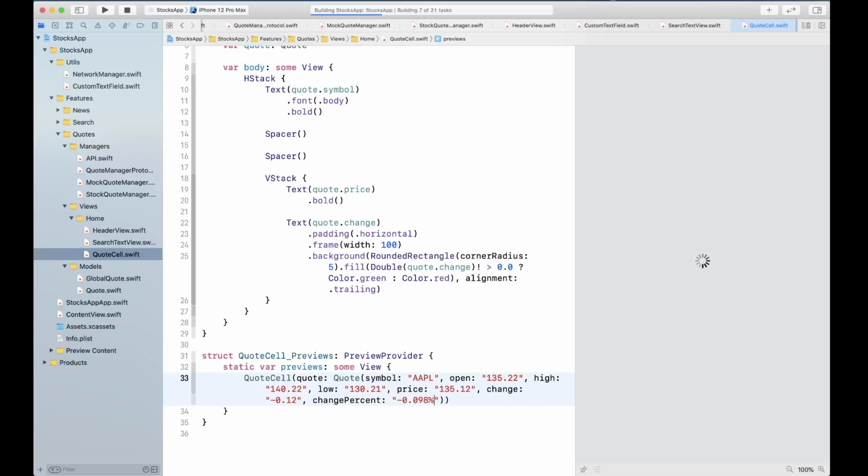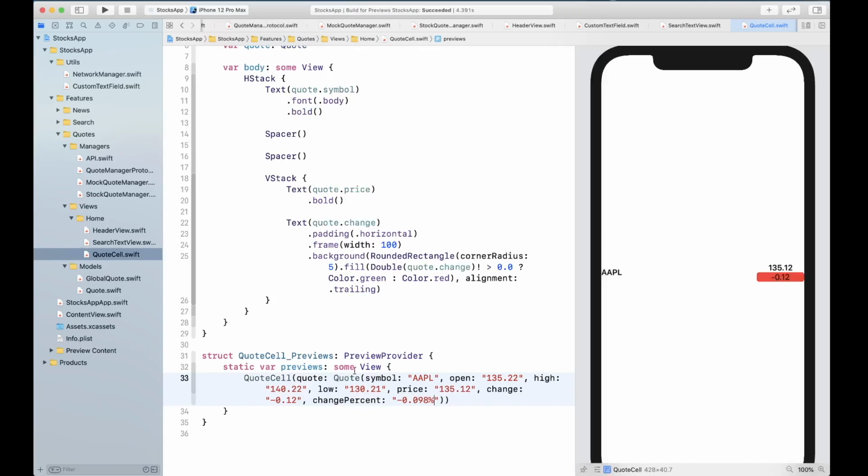I just pressed Option Command P to run the preview, and this is what our quote is going to look like. Basically it's gonna have this stock symbol, your current price, and the status of the change. You can validate the change to be between green and red by changing these values from negative to positive.